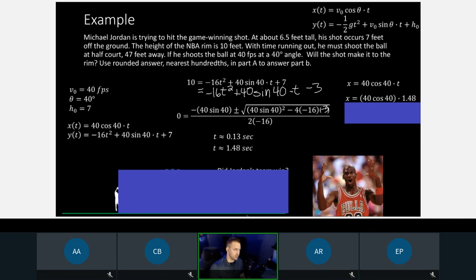So in this case, I would say it's probably acceptable to use the 1.48 and not that entire quadratic line, unless for whatever reason you really want to, just to compare the two. But I use 1.48. You can actually use the whole thing if you have a calculator that lets you, because